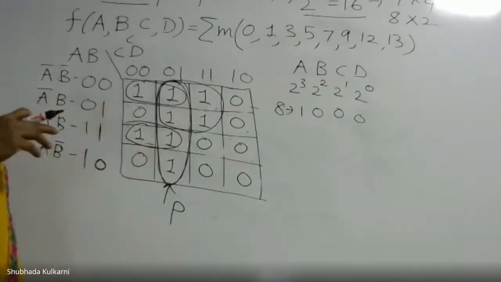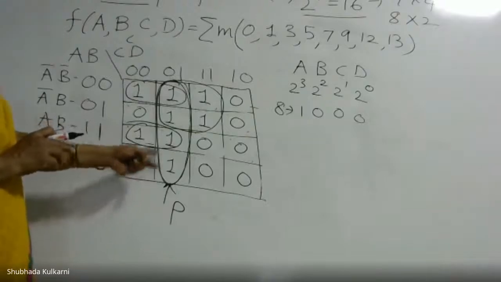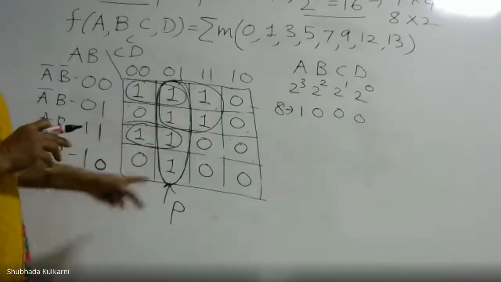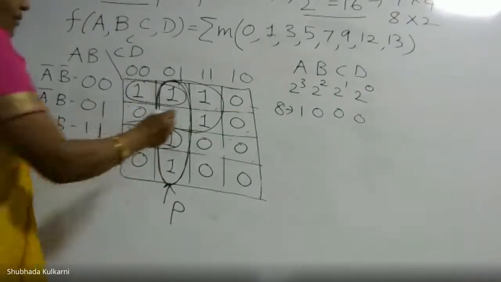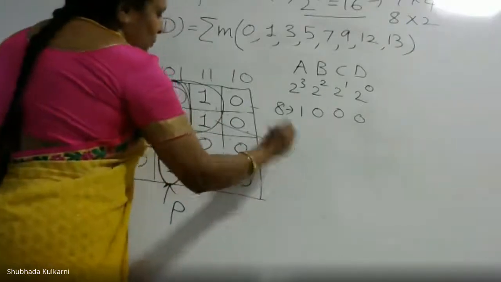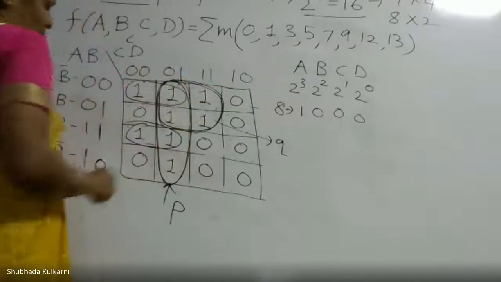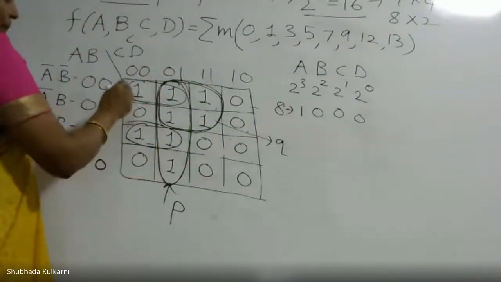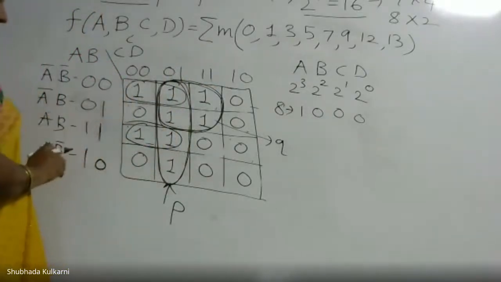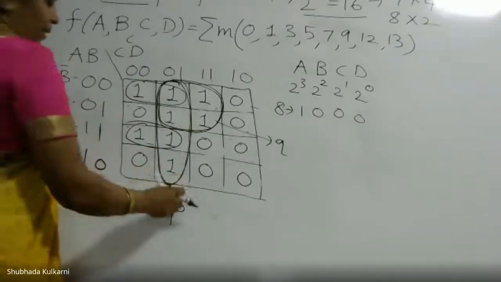So therefore this is a chord. Otherwise, what was the option? We could have done a pair also for this one. Now this is one other group, Q. So Q and P are our 2 chords, and these 2 pairs are there as it is. So I can write even PQ.